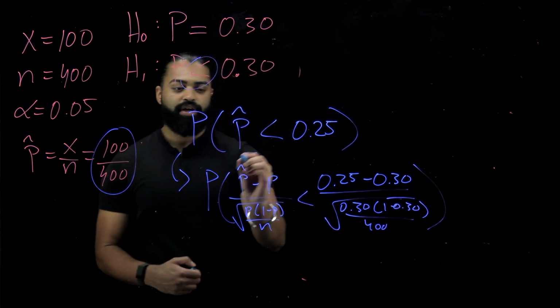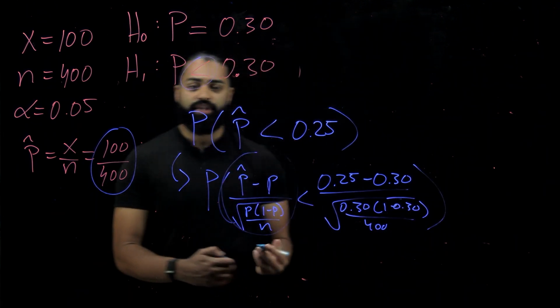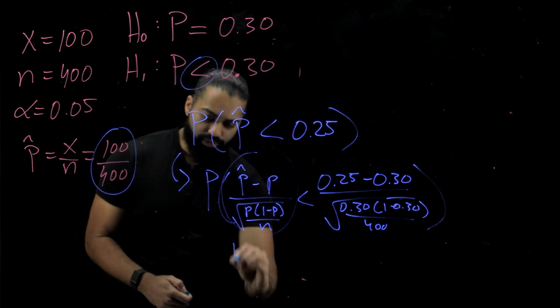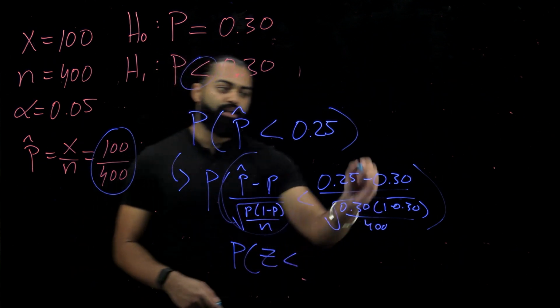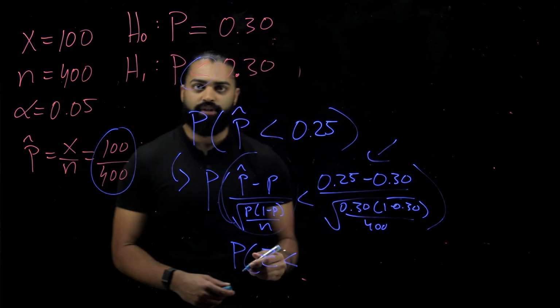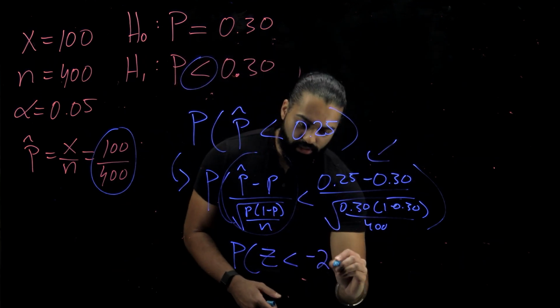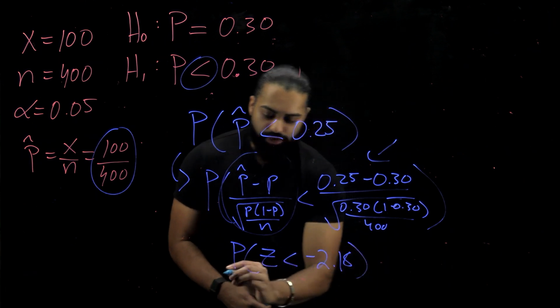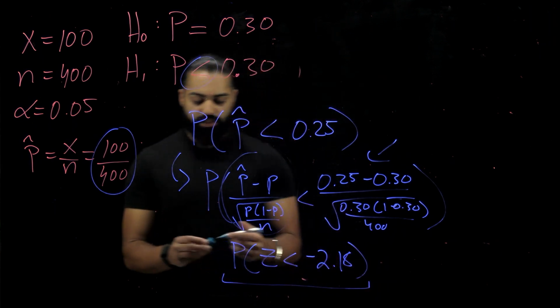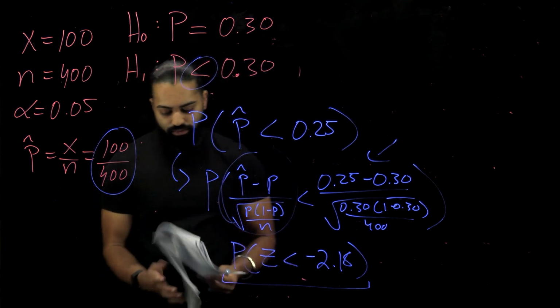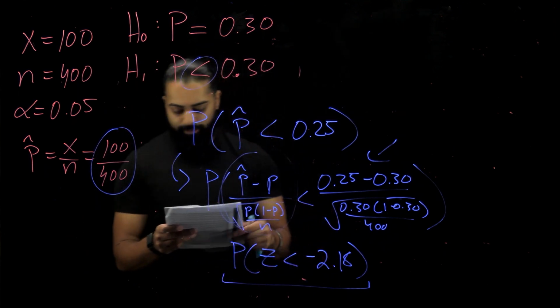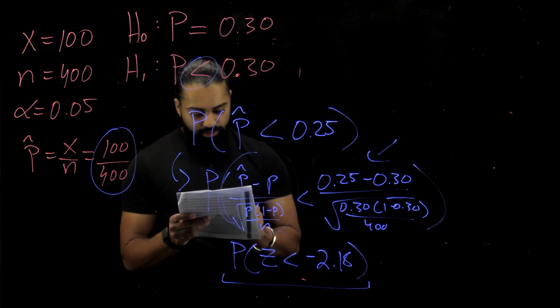So this portion right here should reduce down to the letter z. So we're trying to find the probability that z is less than negative 2.18, which we already calculated. Once you get to this portion, you should be able to go to your z table, which I've given you. You go to negative 2.18, and the p-value